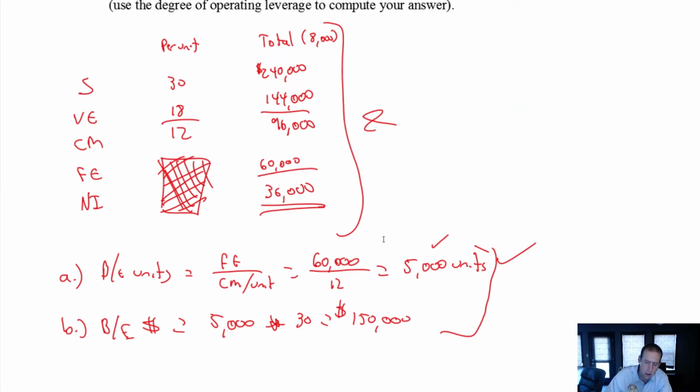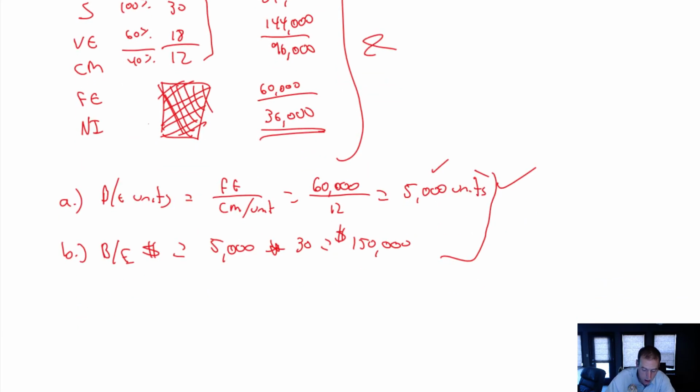I actually should have done an extra column here that's actually pretty relevant, to put these 3 items in percentage terms. So sales we set as 100%. We say what percentage of sales is variable expenses? Well, it's 18 out of 30. 18 divided by 30 is 60%, and 12 divided by 30 is 40%. It's important to know these in percentage terms. So our CM ratio